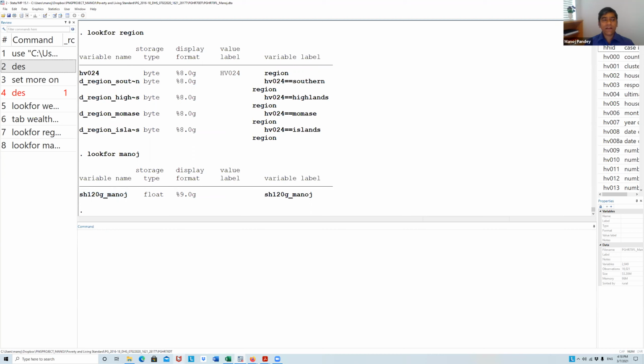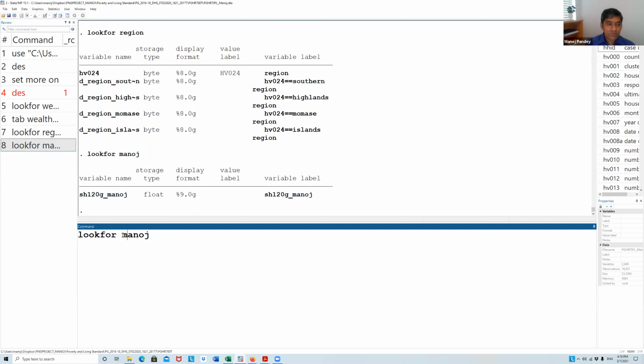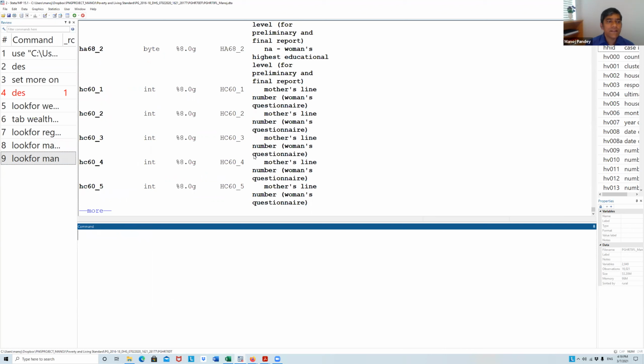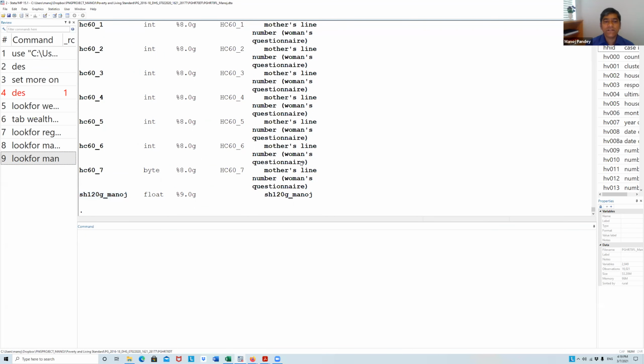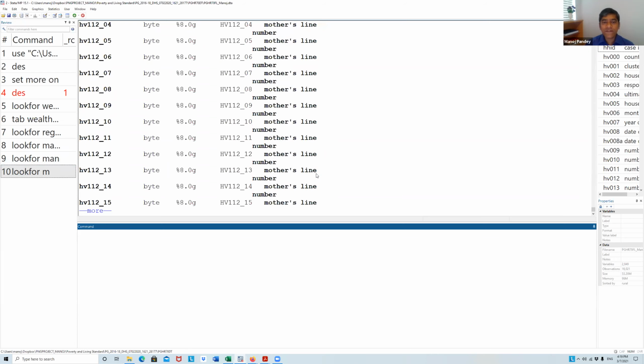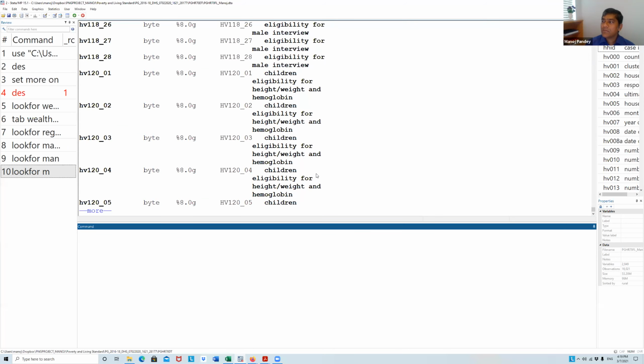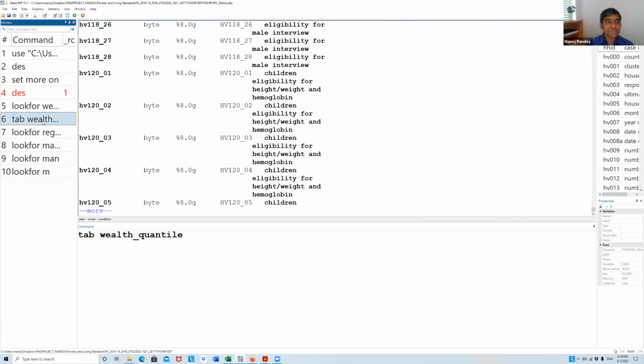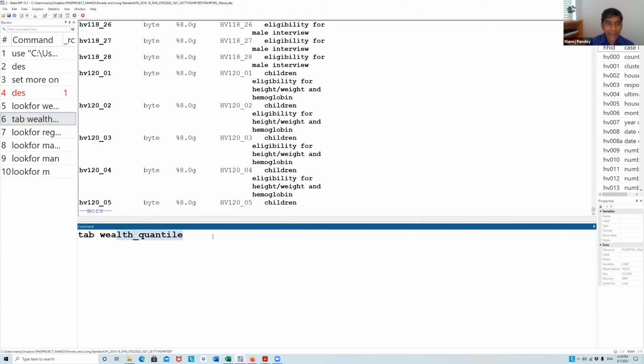For any variable, don't look for the full Manoj. You just say MA or MAN. It will still find it, but then you will have more variables where there is a MAN. Can you see MAN, the MAN of women? So Stata will find it. You can even use M, but it will give more choices, so you'll have to choose more. The more precise you are, the more quickly you can get your variable. All good? So if you put WEL,